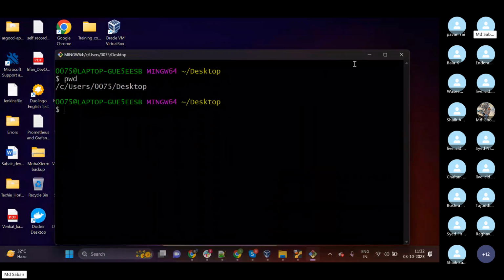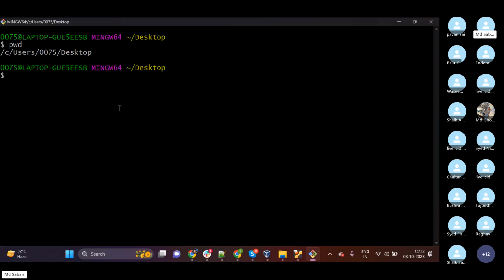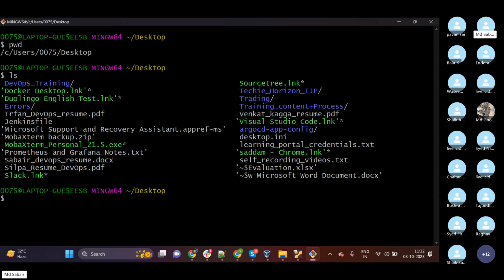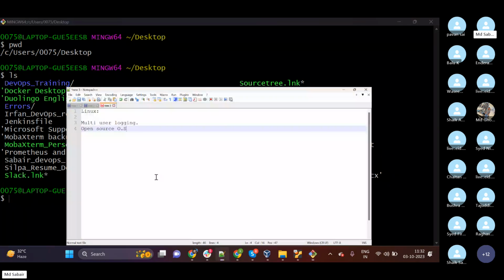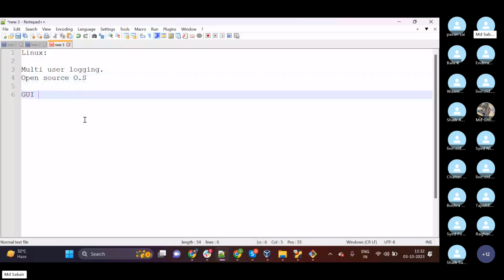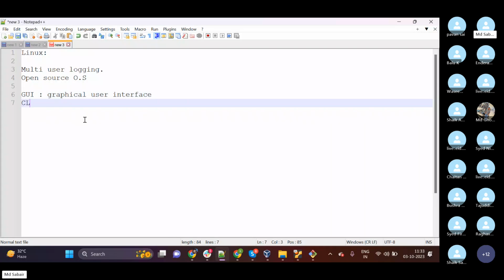Example for CLI is this. Here you can see, do we have any graphical user interface? No, we are just opening one terminal and performing the activities. So GUI means graphical user interface, and CLI means command line interface.